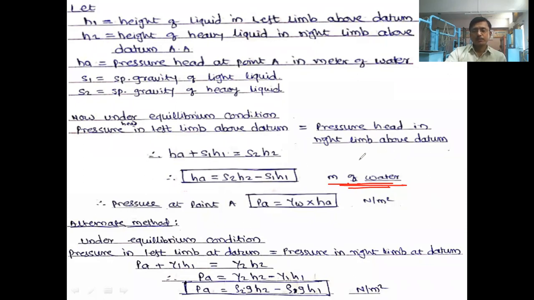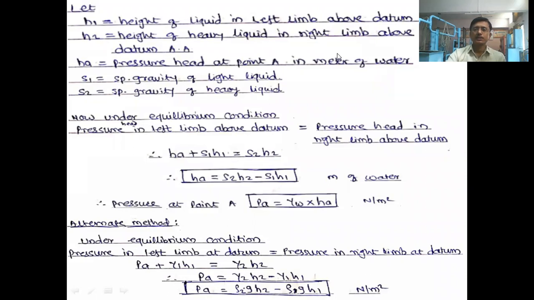See, the liquid may be any liquid flowing through the pipe, but at the end you have to write down this unit, because we have mentioned initially that PA, the weight density there as gamma W into HA. Okay, this is our formula. So here we are multiplying this PA by this gamma W only. So here the unit of this head must be meter of water, and here the unit will be Newton per meter square.